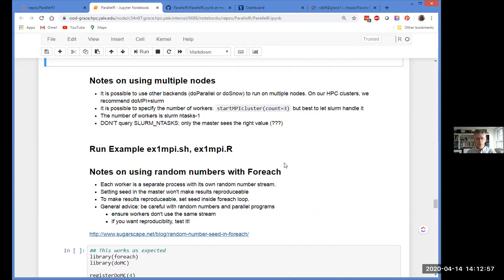You essentially give it a list of machines, and when it creates a cluster, it SSHs to those nodes and runs a worker. I would stick with doMPI on our HPC clusters because, as I said, it integrates much better with Slurm. So it's just going to be much more straightforward. A couple of gotchas I ran into when I was initially working through all of this stuff.